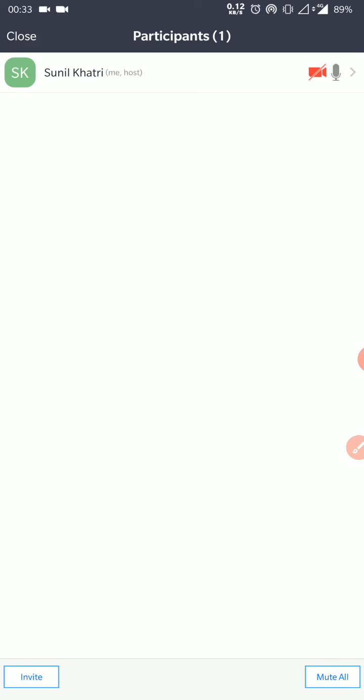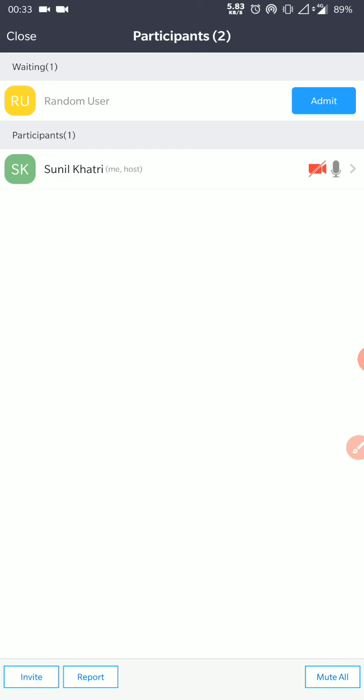So on a random basis by one device, I'll show you some of the features that a host can do. For example, now on the screen, a user named random person has entered. So now it is up to me to allow him or her to come in this session. Now, for example, assuming that this person's name is proper, I can admit him, and once I have admitted him,